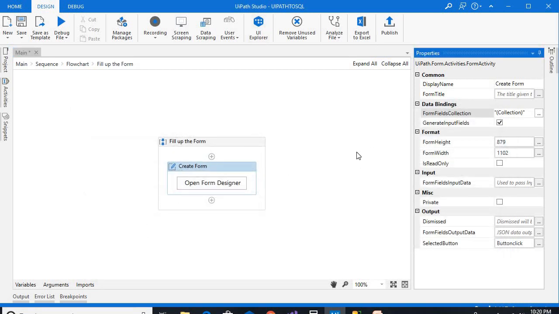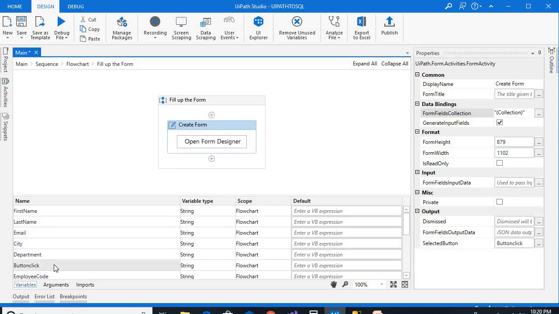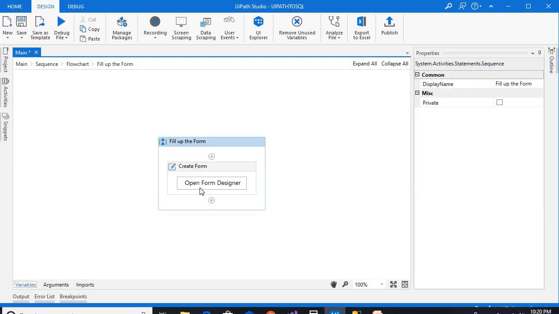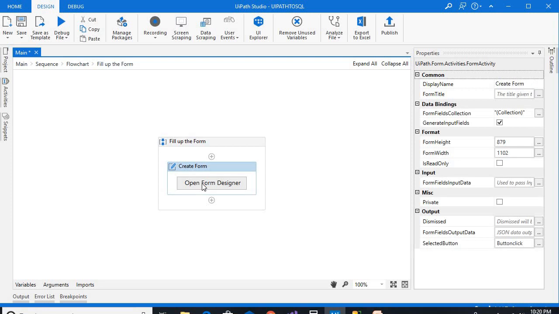And I have also captured the response with the help of a button click variable. Here I have taken button click as a string, and all over the flowchart. So I am opening this designer.